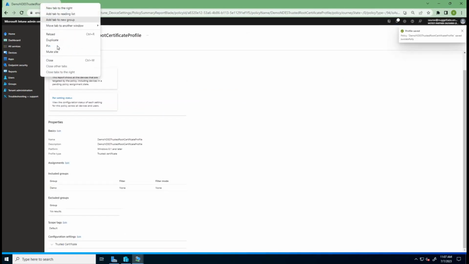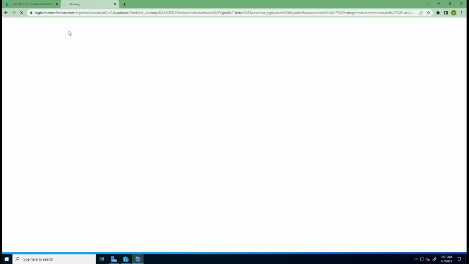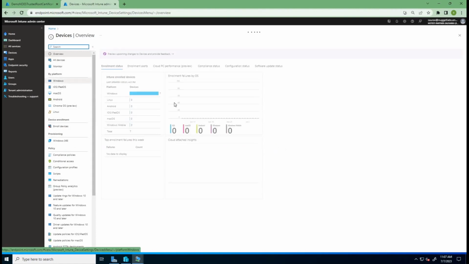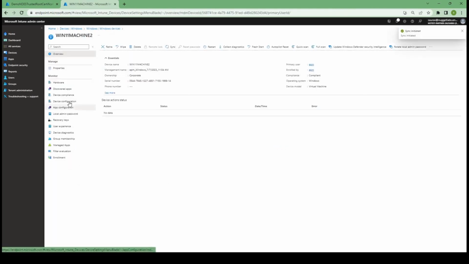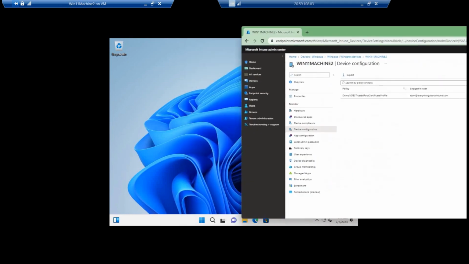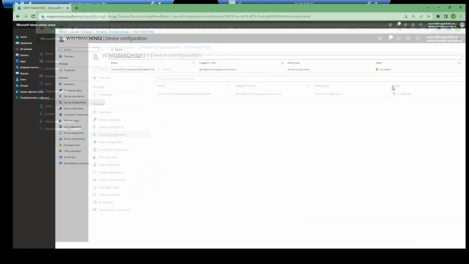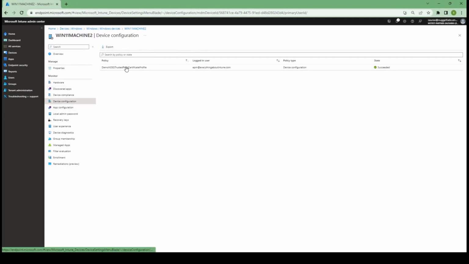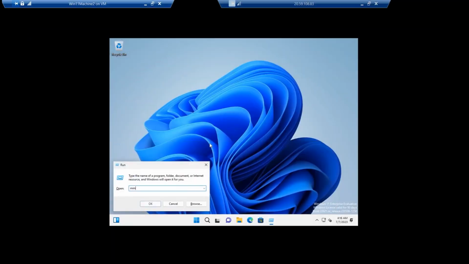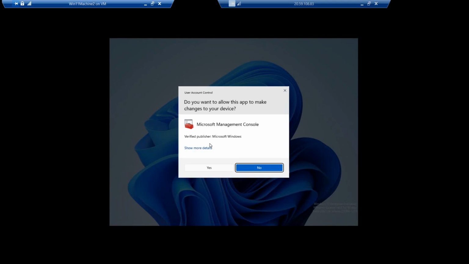Let me just duplicate this tab and go to the devices. As my device is enrolled, it will show up in the portal. Let me just run a sync for the device. Okay, so just ran a couple of things, and now if we come back to the portal, over here it says that the trusted root certificate is now successfully delivered. So it took about 5 or 10 minutes and the profile came down. So let's confirm this. If I go into the MMC,